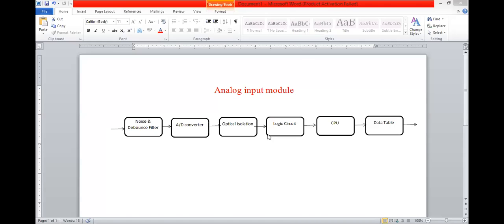So we'll go to the analog output module. Wait, I'll just draw the block diagram quickly.